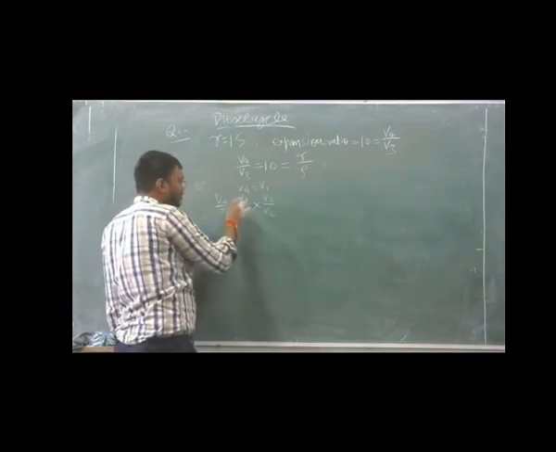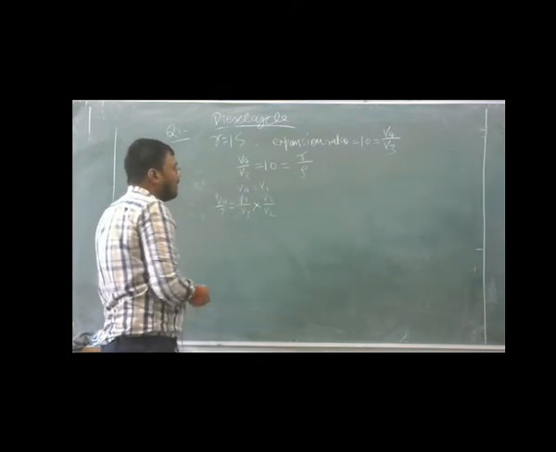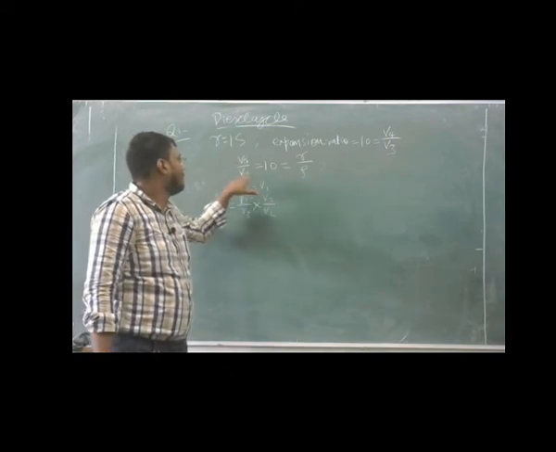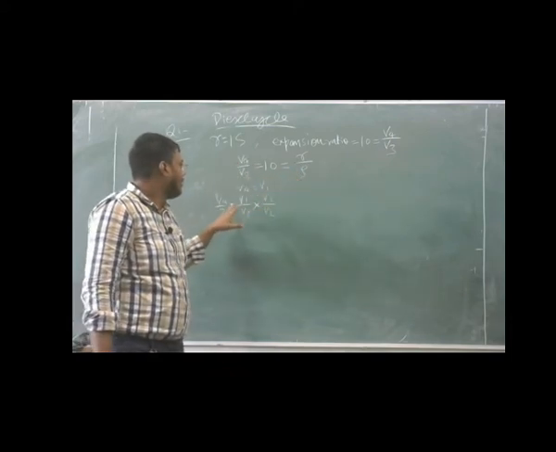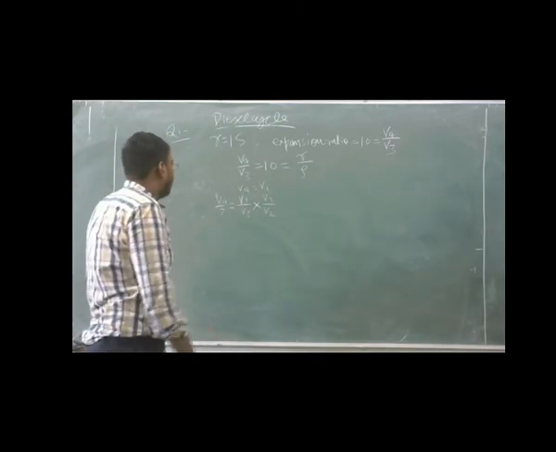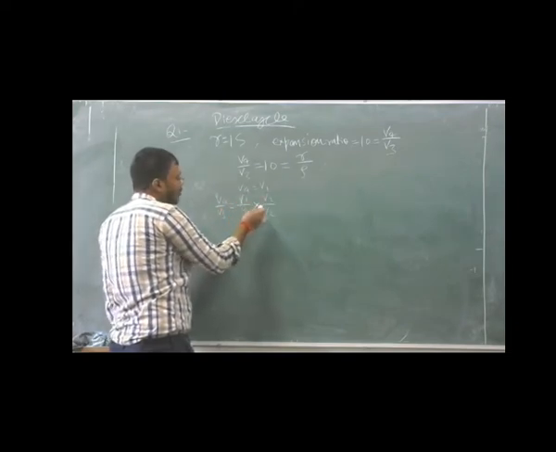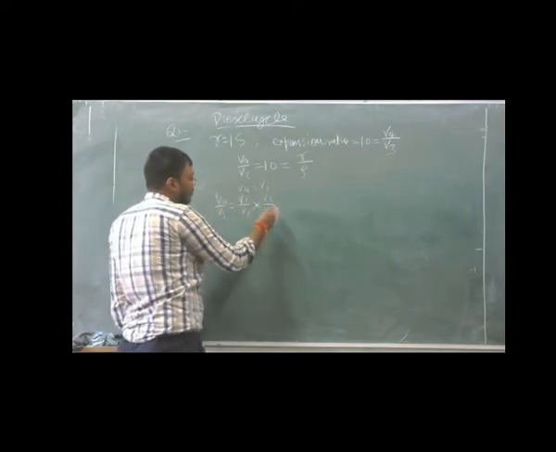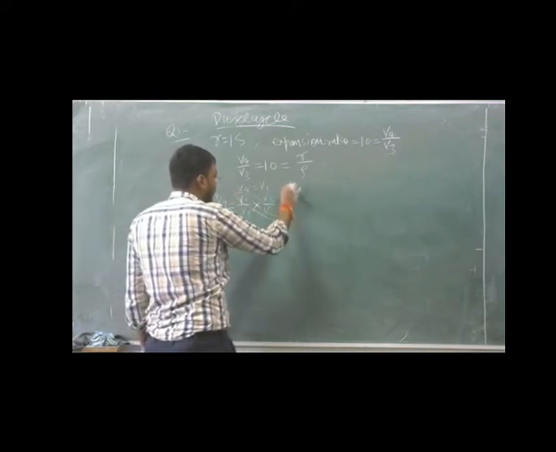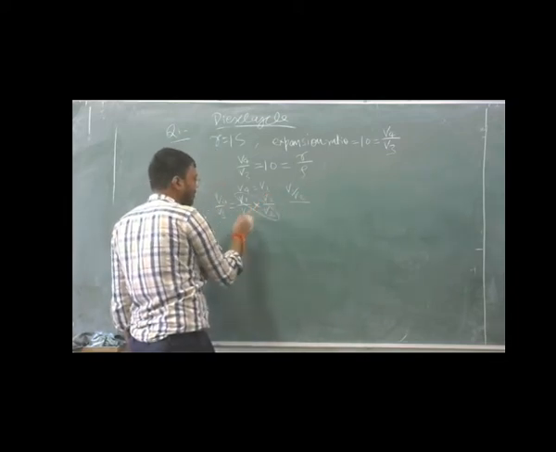We have already done this, but if during solving the question you have forgotten that V4 by V3 is equal to r by rho, then you can easily calculate this value also. That's why I am again repeating this. So in place of V4, we have put V1 by V3. Now divide by V2 and multiply by V2. So here V1 by V2, keep this V1 by V2 together, and put this V2 below V3.